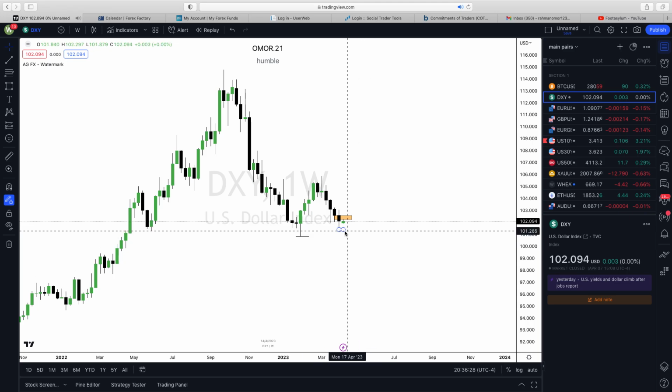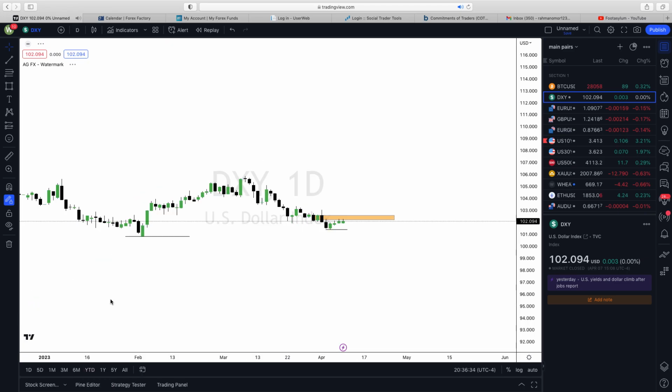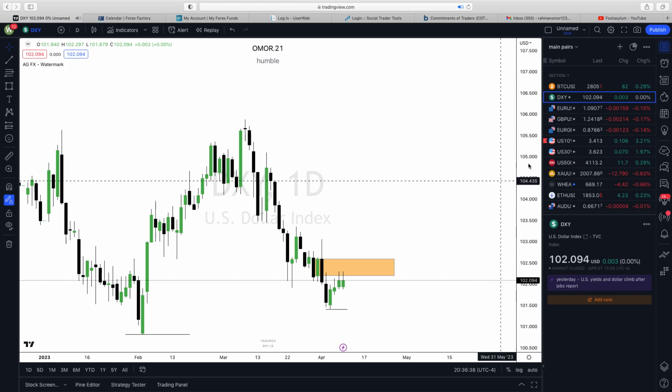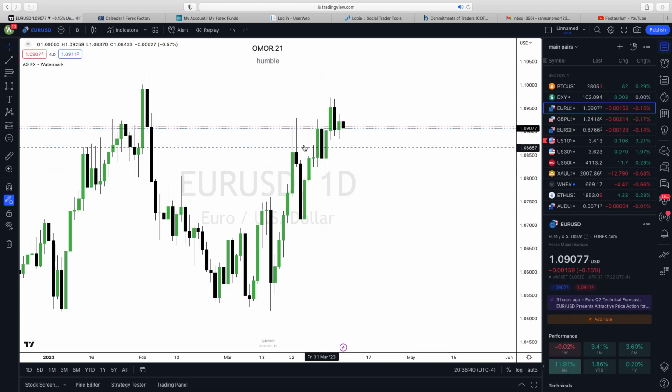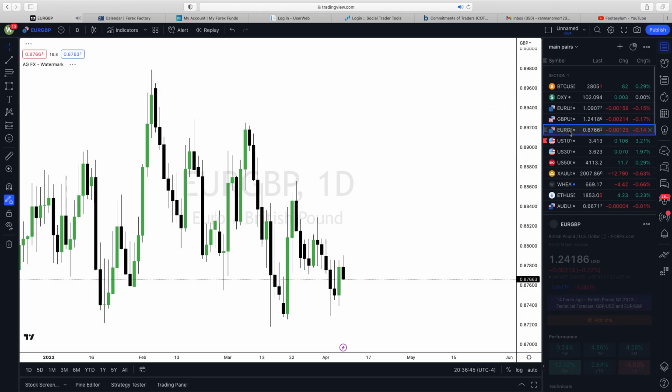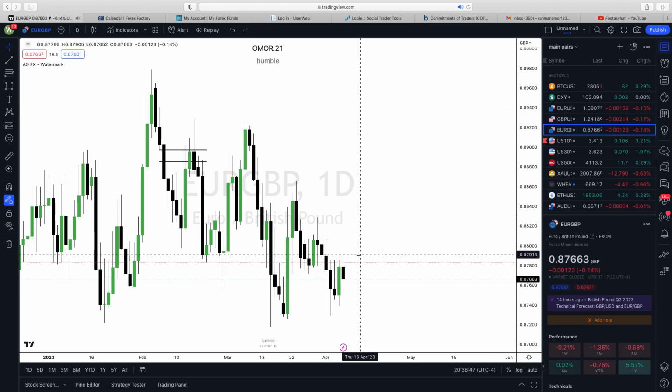I'd still favor this low at least to get taken out, given that we're in this bearish daily order block. So I'd only want to select short DXY trades, which will correspond to long Euro USD trades up until here, and long GBP USD trades as well. Euro GBP is quite consolidated. I'd favor,